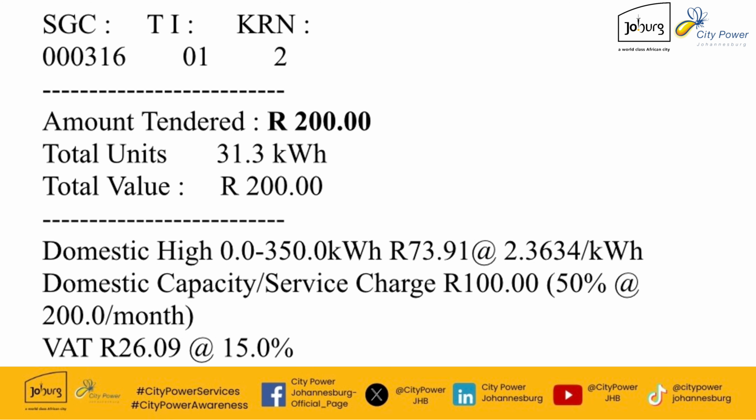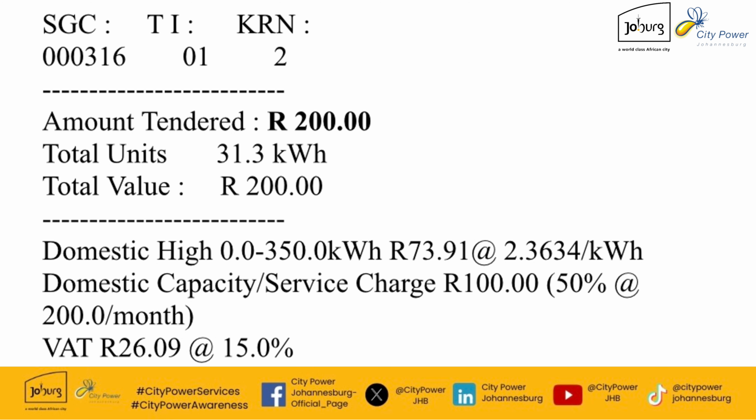The system is then secondly configured to calculate how much will be allocated towards the capacity and service charge. Since this is a token of 200 rands, the system is configured to take 50% of the 200 rand that was purchased, meaning that 100 rands will go towards the capacity and service charge, leaving a balance of 73 rands and 91 cents. The 73 rands and 91 cents will then be used to purchase units on Block 1 of